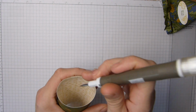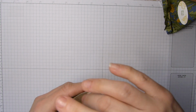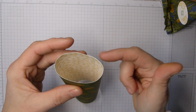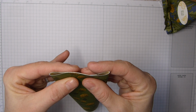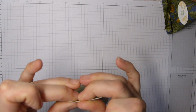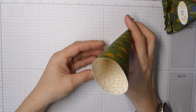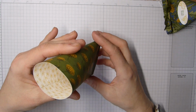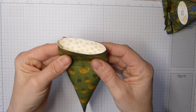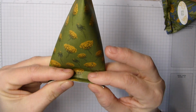Once we've done that, we're going to take the backing off here, and I'm going to go slightly to the side this time. I want to see if this makes any difference, and fold that down, give it a real good press, make sure that adhesive's working, and there's your sour cream pouch, as it were. Put your treats inside, and then all we're going to do now is go back to our little concertina bit here